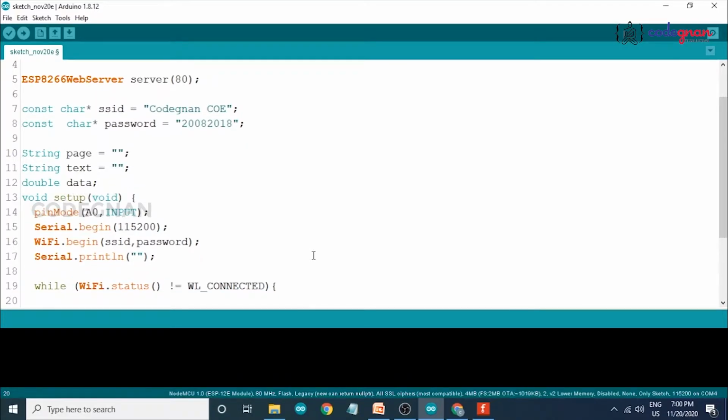What we have written is, if our Wi-Fi is not connected, we have to reconnect with our Wi-Fi credentials, so we write it in a while loop so it repeats until it connects to our Wi-Fi.